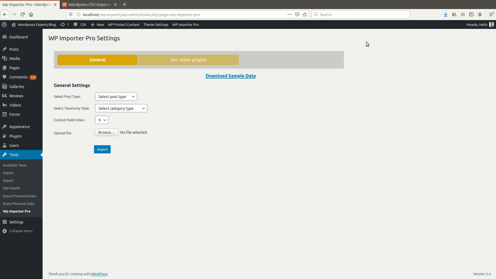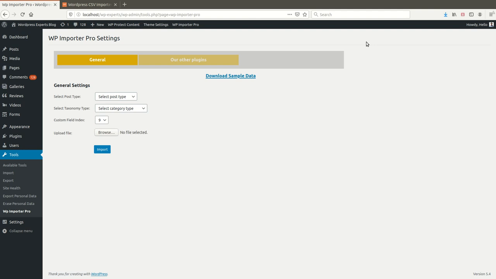You may have a question: how can you get the meta key? You can get it by going to the editor of any page. If you click the edit button and open the edit screen, then to get the meta key you need to use F12 and choose inspect element.